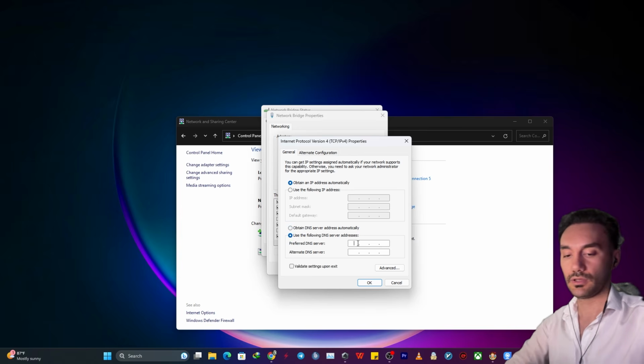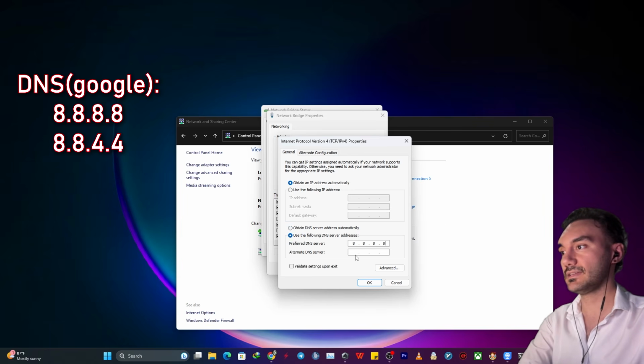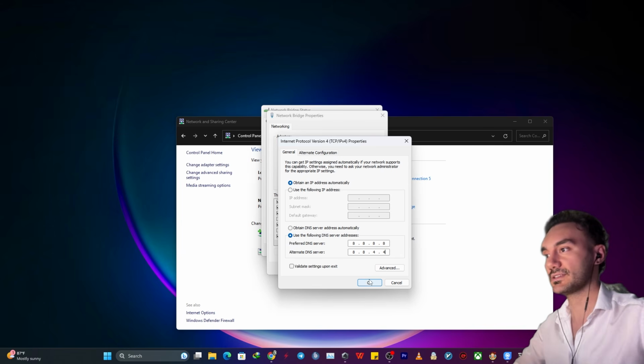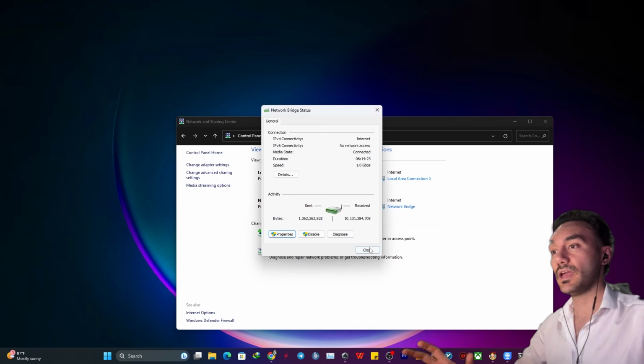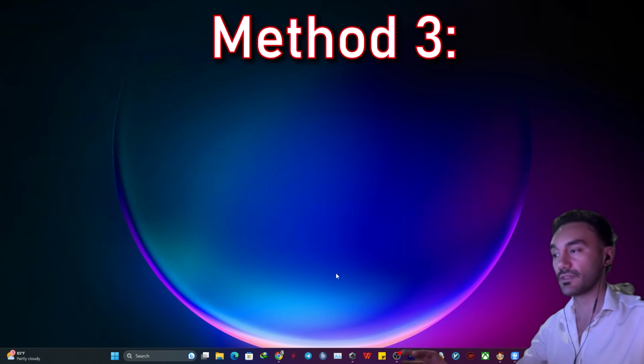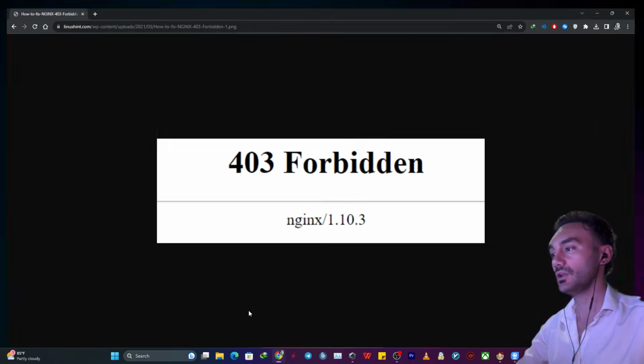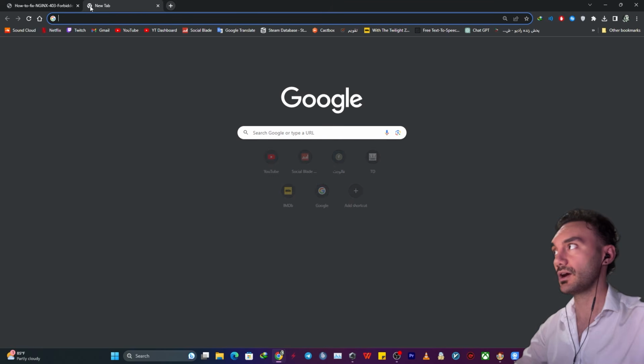8.8.8.8, then 8.8.4.4. This is a DNS that you should write, okay? Then close again. If the problem still persists, this is the last method that will 100% fix your problem, but